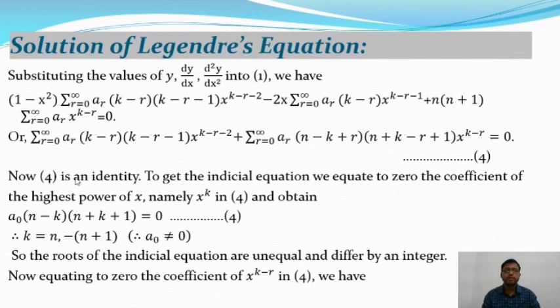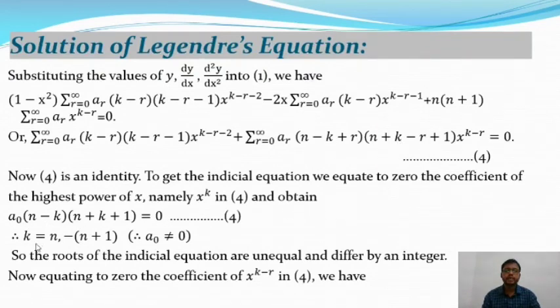Now equation 4 is an identity. So to get the indicial equation, we equate to 0 the coefficient of the highest power of x, namely x^k, in equation 4 and obtain, when we put r = 0, then from the second term, a0 (n − k)(n + k + 1) equal to 0. This is the coefficient of x^k in the second term,